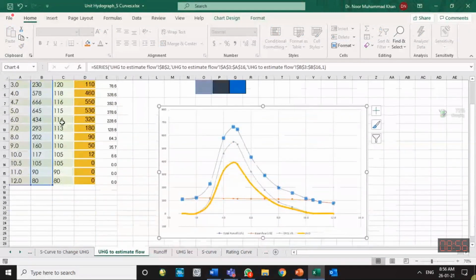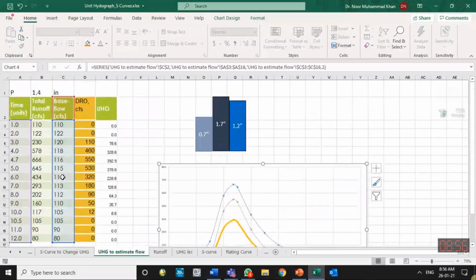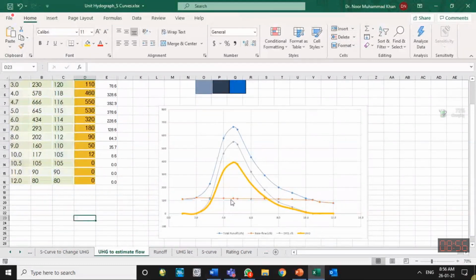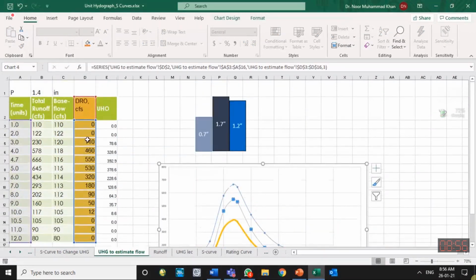I can generate the base flow hydrograph also. This line is represented by column C over here. The difference of the blue and this red line is the direct runoff hydrograph for the effective rainfall of 1.4